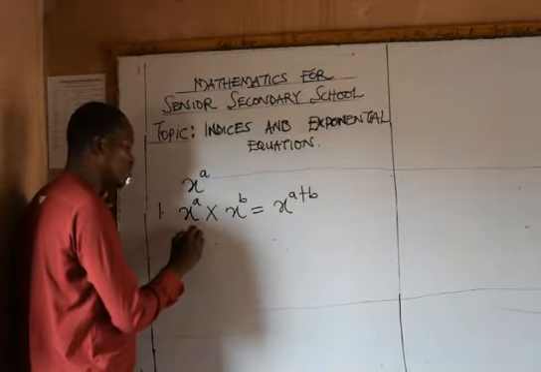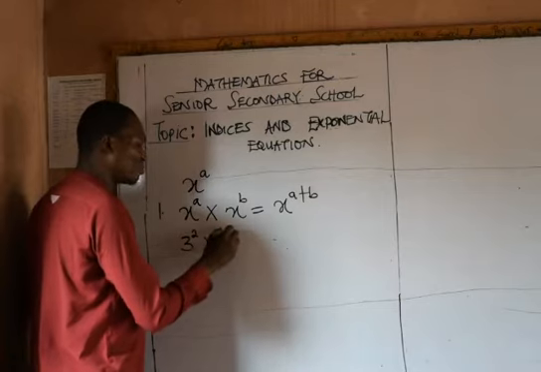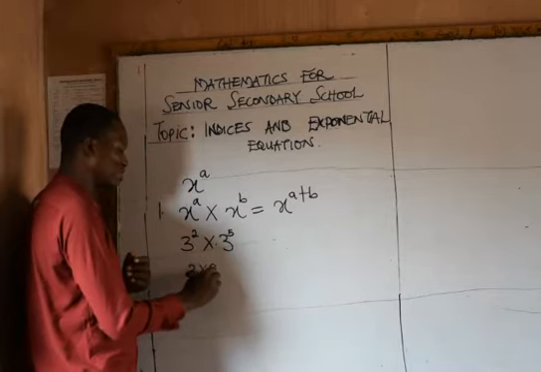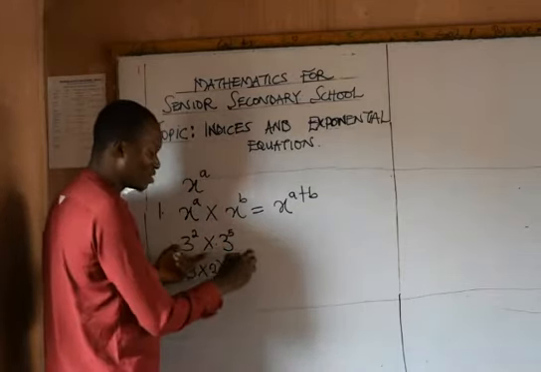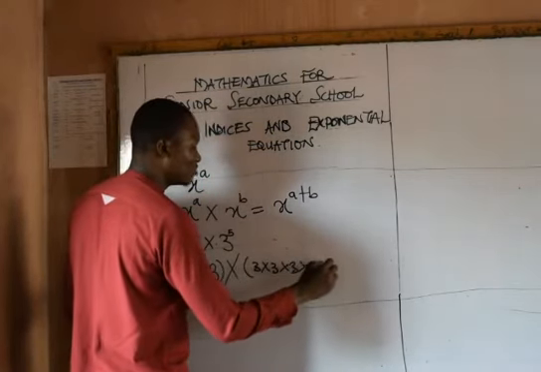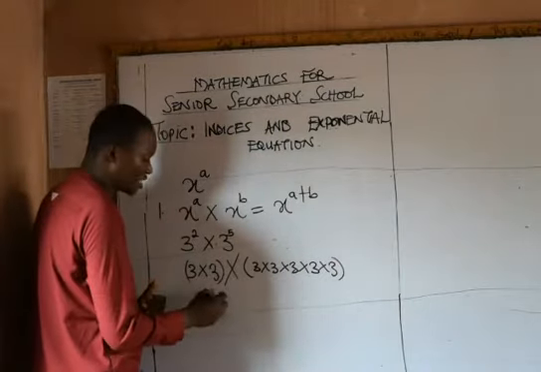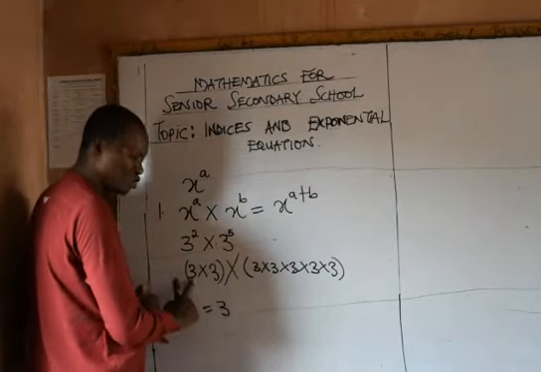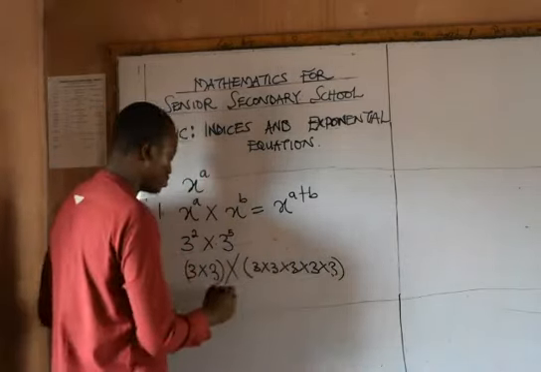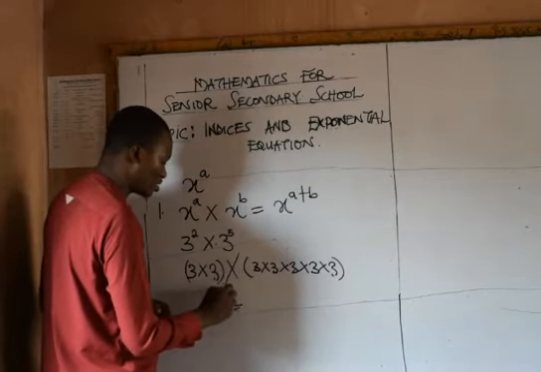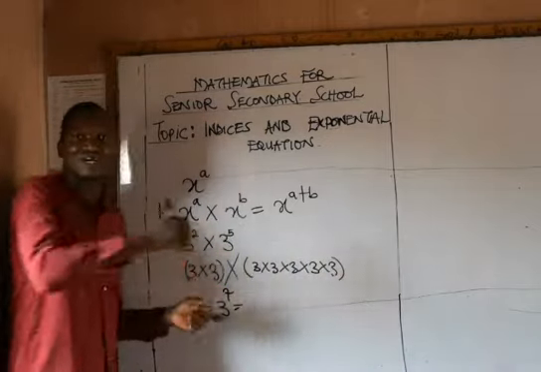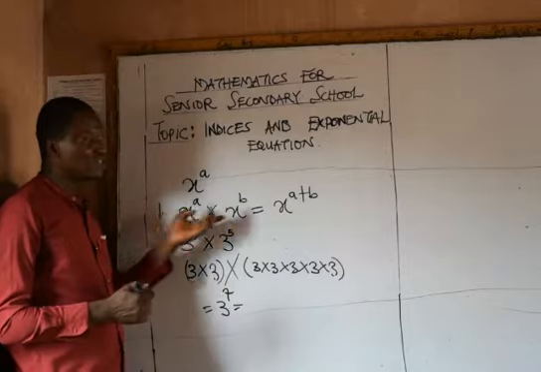When we have 3 raised to the power of 2 times 3 raised to the power of 5, this 3 raised to the power of 2 can be written as 3 times 3. Then times 3 raised to the power of 5 is 3 times 3 times 3 times 3 times 3. When we multiply it all together, we have 3 raised to the power of 1, 2, 3, 4, 5, 6, 7, which equals 3 raised to the power of 7. But if we don't want to follow this long primary convention way, we can use this our first law